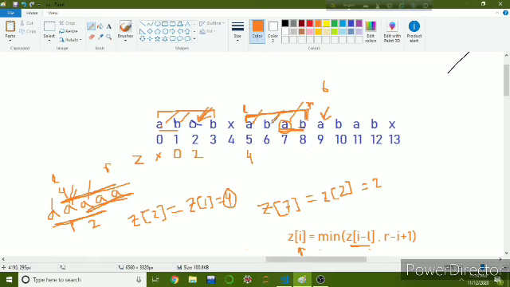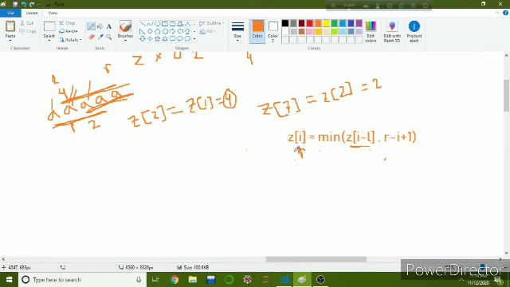As the b is at index 6, this is our I, and l is 5, so I minus l will be 6 minus 5, that is equal to 1. And we can see that the character at index 1 is the equivalent character of b. That means this b and this b were matched previously.